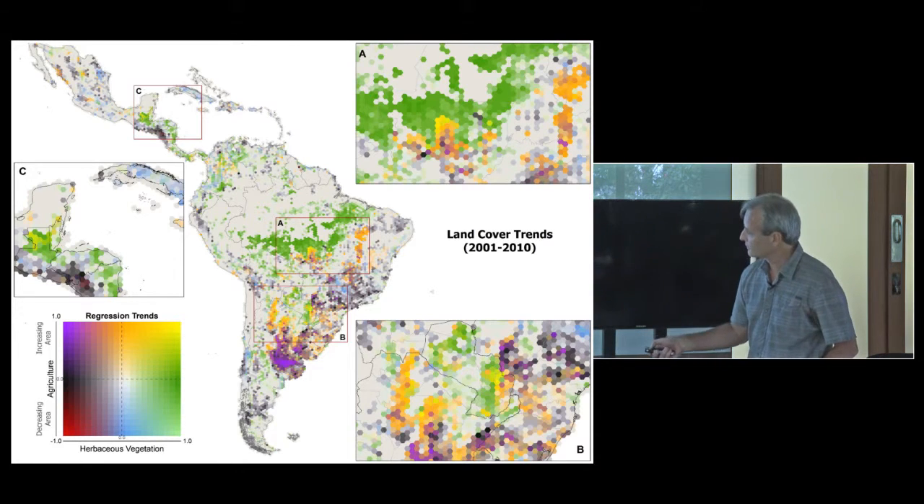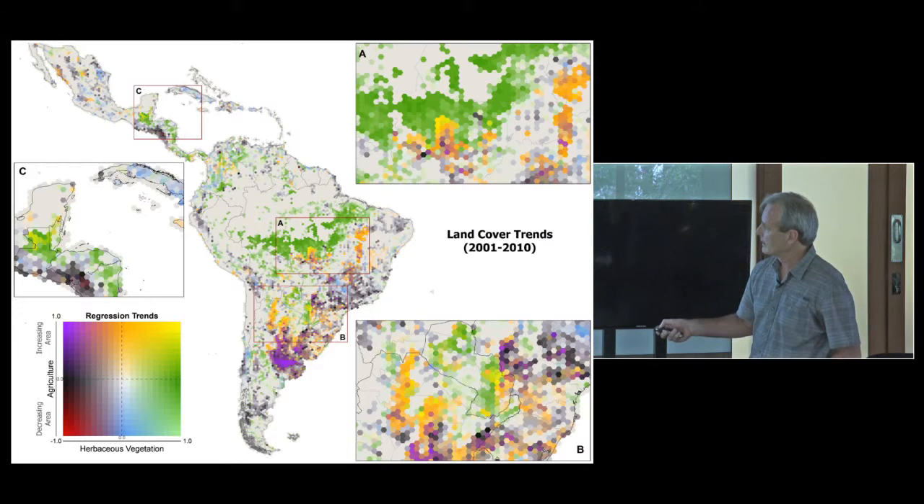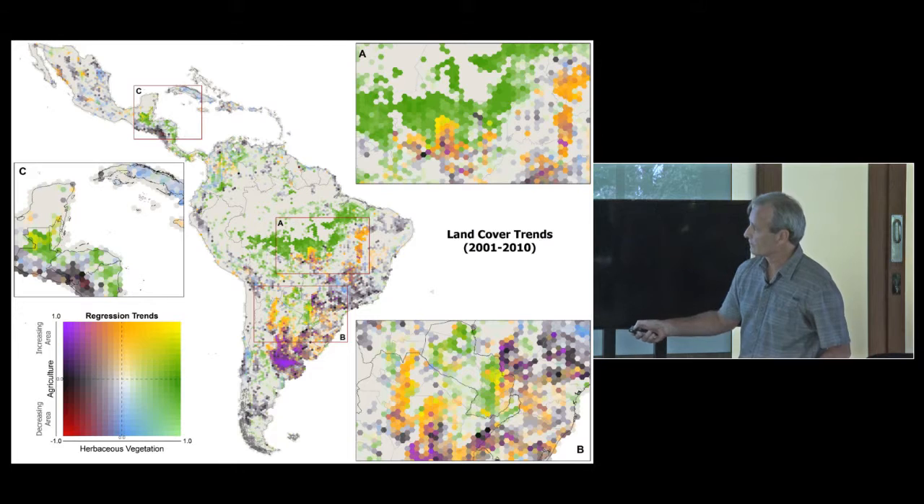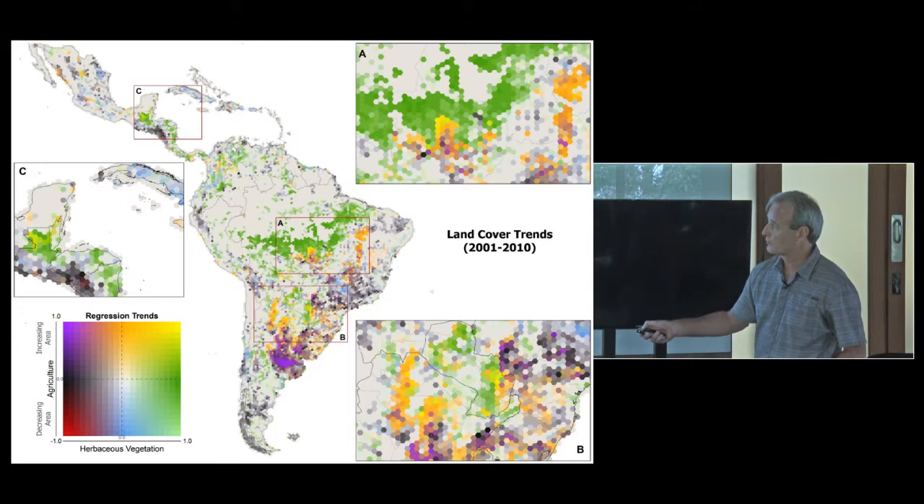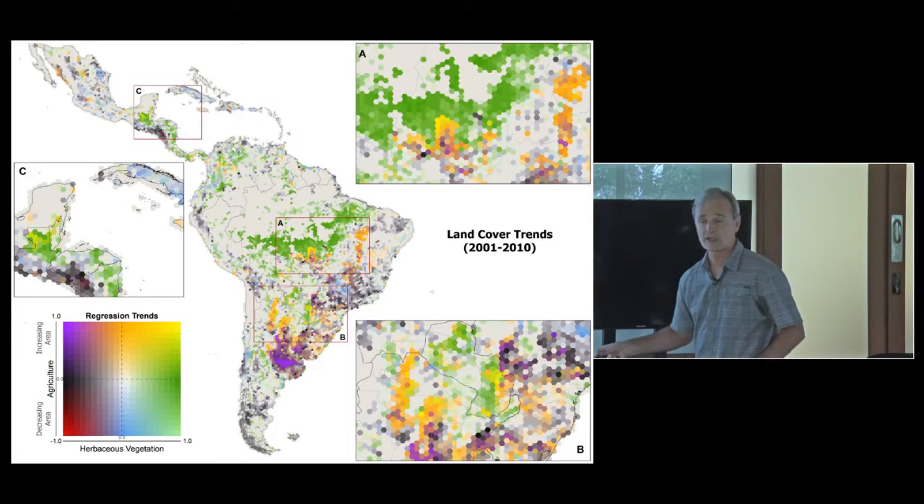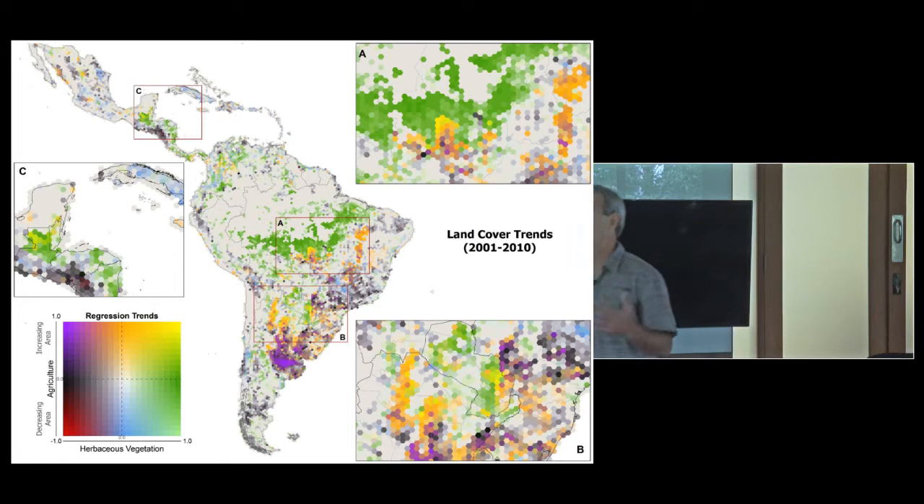We continue to go around. Where do we see sort of black or gray? One example is what I showed you before. Along the Pacific coast of Central America, these are areas where there's not a big change in agriculture, but there's a loss in herbaceous or pasture lands. So these are areas where